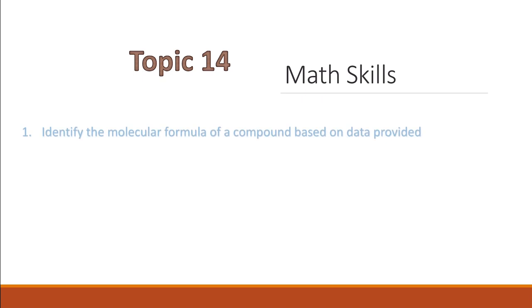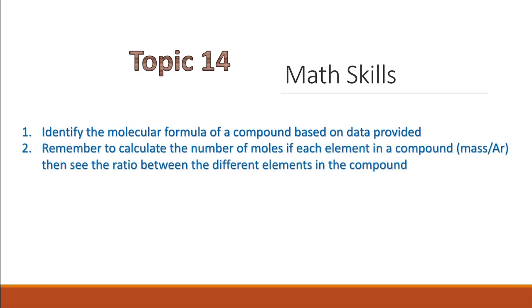And then math skills. There will be quite a few questions which will require mathematical calculation. So they would ask you to identify the molecular formula of a compound based on data provided. So remember to calculate the number of moles for each element in a compound by calculating mass over the relative atomic mass for the elements. And then you can see the ratio between the different elements in the compound, and you can then calculate our identity